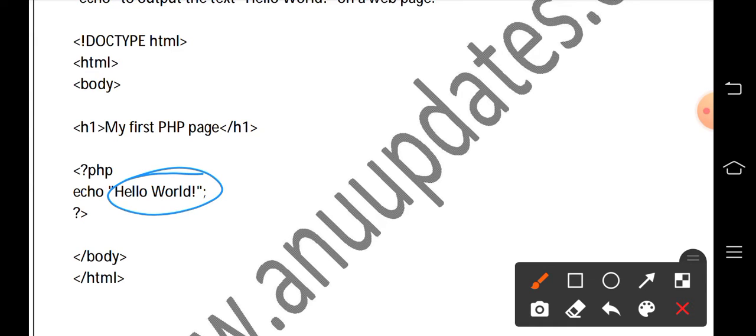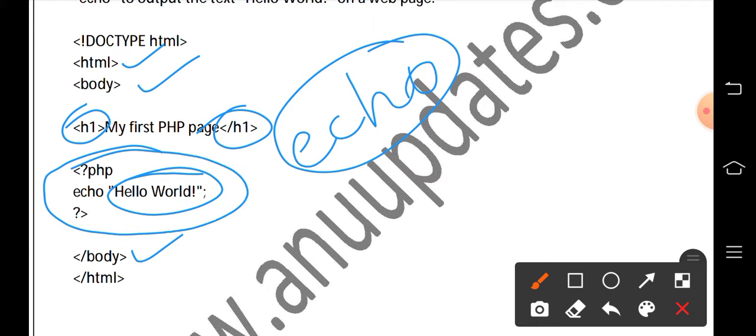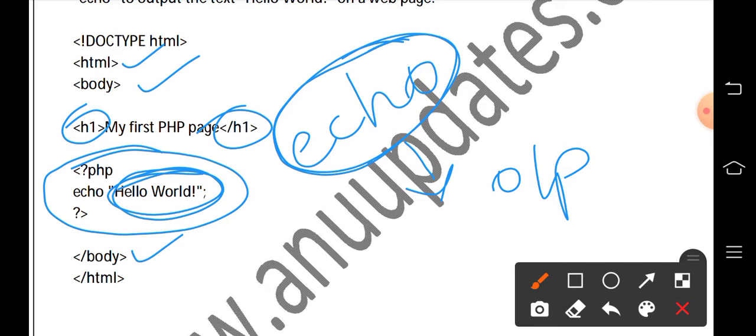Hello world is the statement in which we are going to print the data, and for printing the data we have a statement called echo. Echo is an output statement in which we can print the output data. We all know that H1 is a header tag, and HTML and body are tags with opening and closing. And the actual code starts in <?php and ?> brackets. Echo is the output statement. Whatever information we write in echo will come out as output.